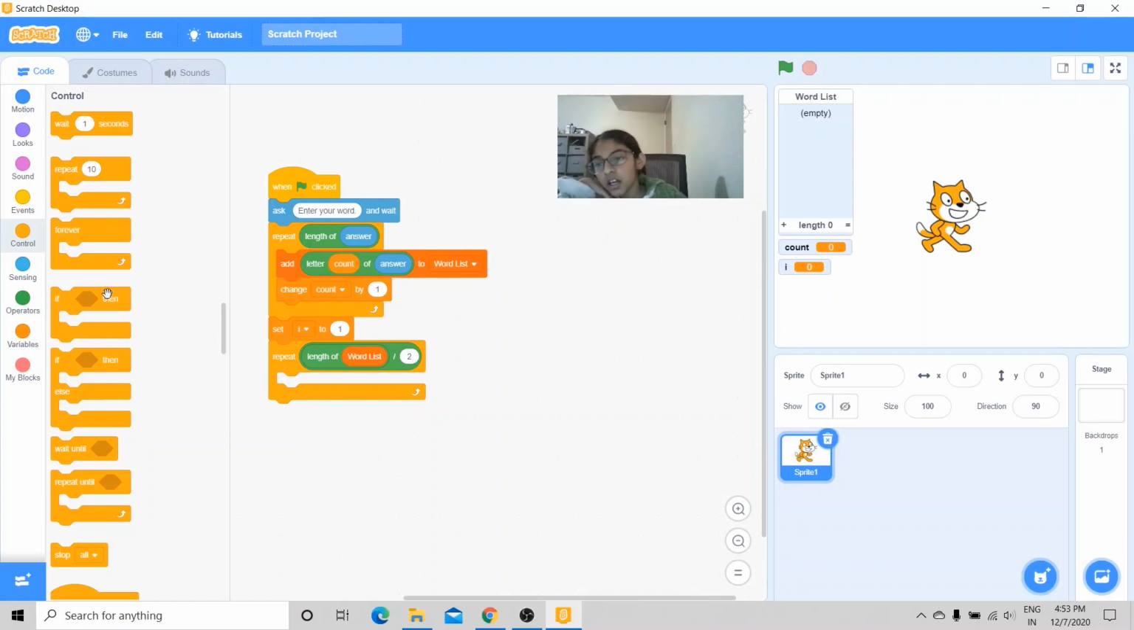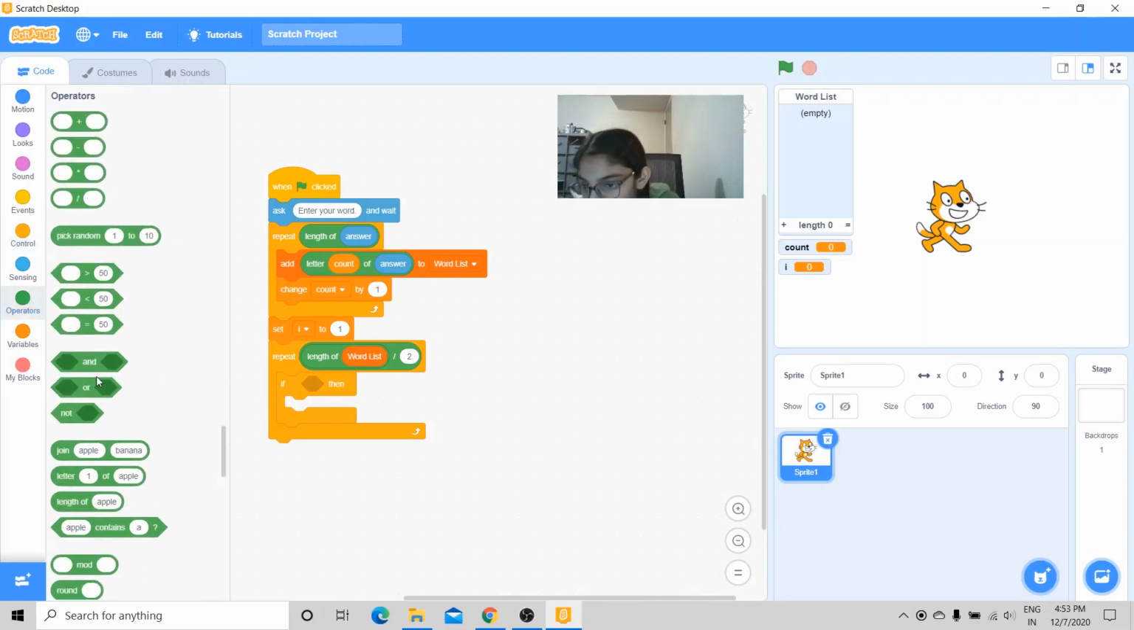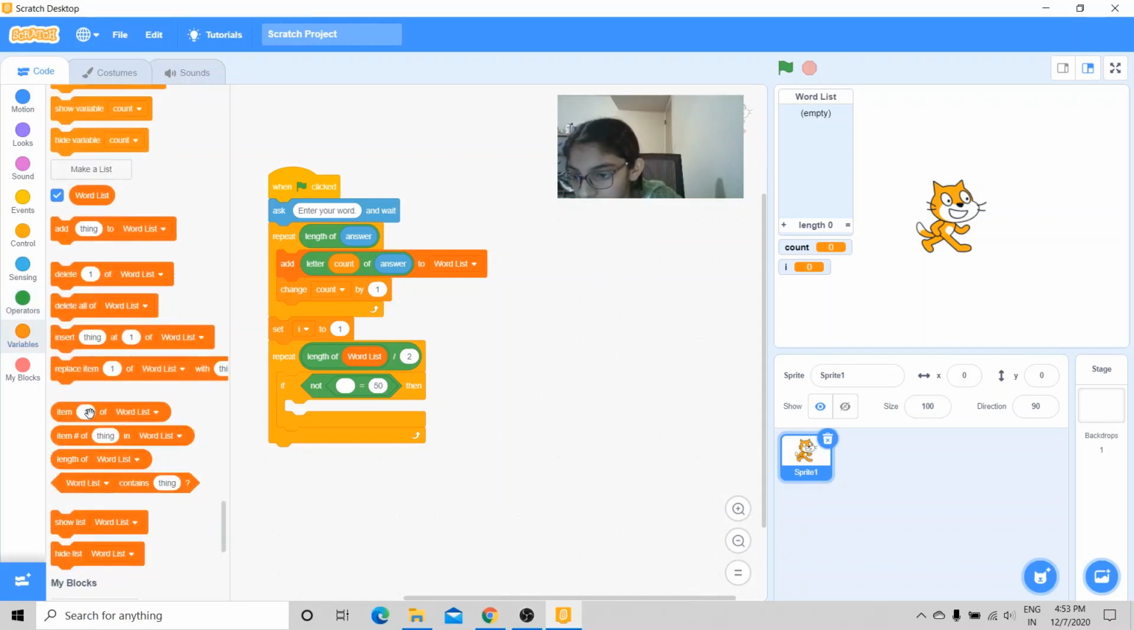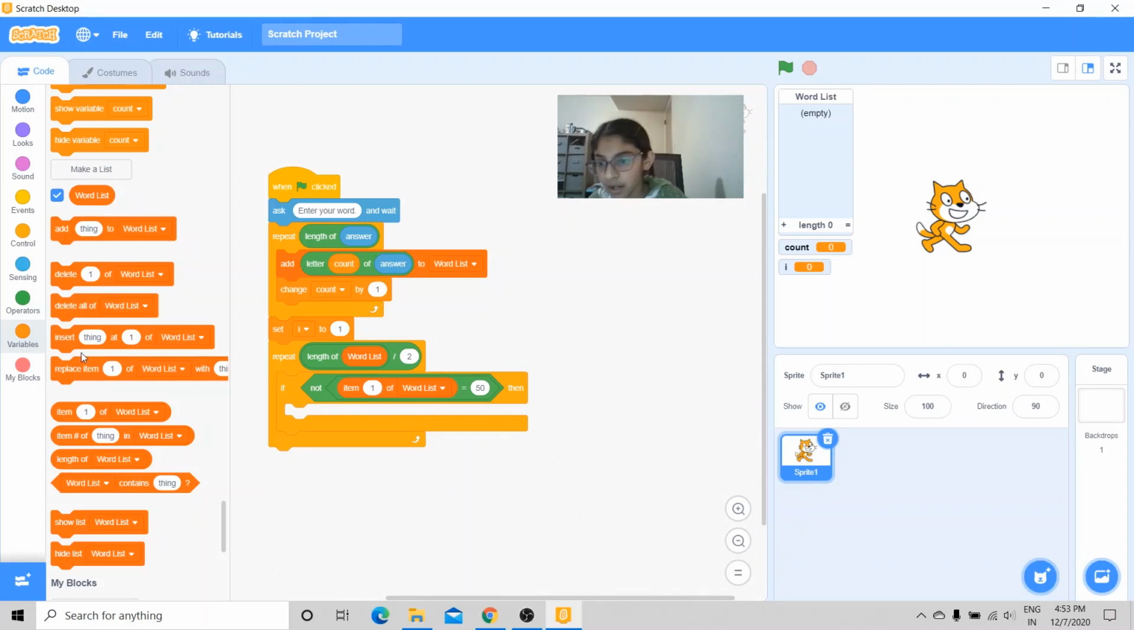And I'm going to put in the if-then condition. Inside this condition, from the operators, I'm going to put in the not, if not, and also the equality operator. In the first circle, I'm going to put item 1 of word list. If not item 1, in place of 1, I'm going to put in